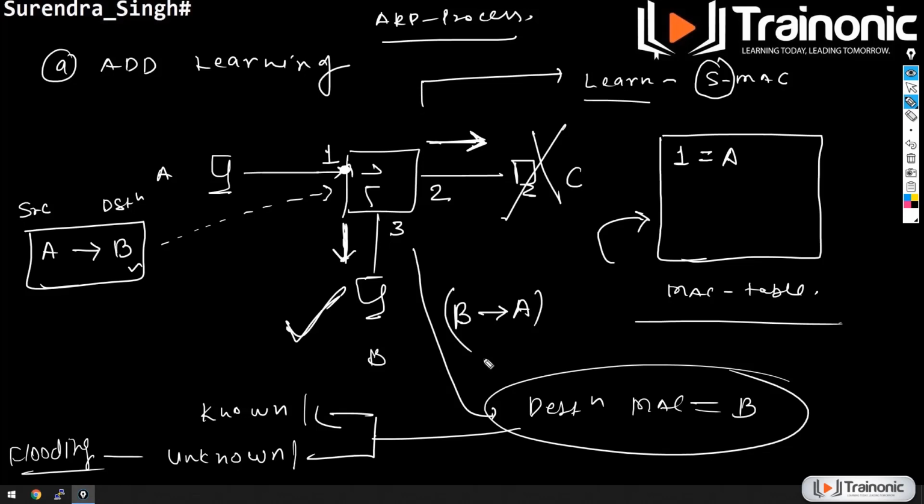Okay, so what will happen when the frame is received on port number 3? The switch will immediately maintain a new entry in the MAC table, that the MAC address B is available out of port number 3, and now it will look up the destination MAC address, and since the MAC address is A, which is reachable out of port number 1, the frame will go out of that specific port. This time the switch will not perform flooding because this destination MAC address is a known MAC address.